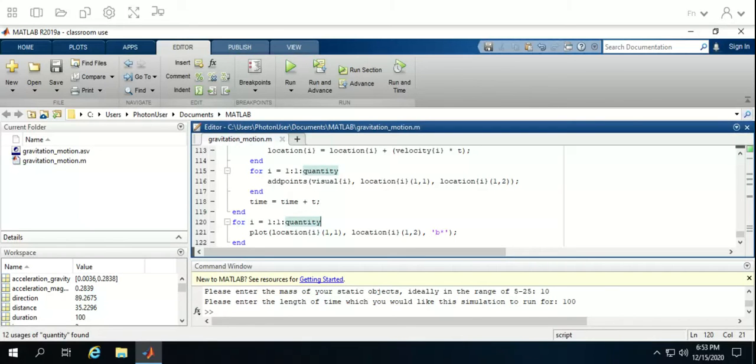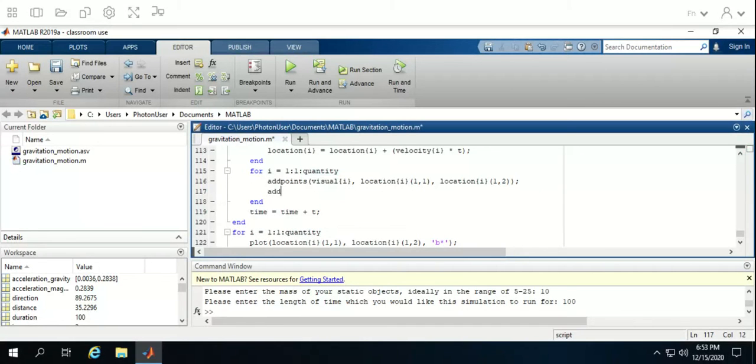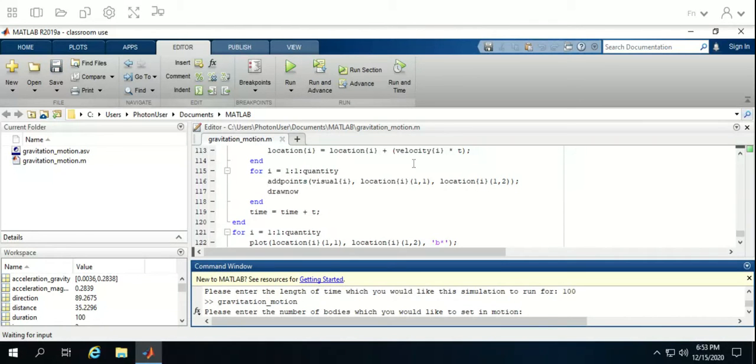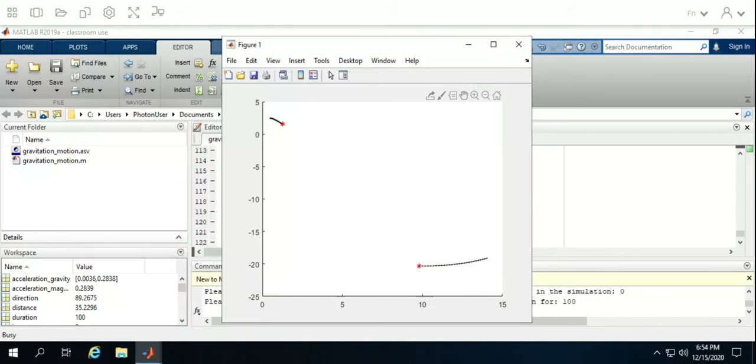Last thing I'll add is that I didn't include this in the code because for certain combinations of moving and static objects it can be a bit of an issue. But if you wanted to, you can go to this line right here, line 116 in the code, enter a new line, and just type draw now. Sorry, draw now. And if you do that, let's see what happens. So if I run it again, I do 2 bodies for 0 static objects, 100 seconds. And what will happen is that it will actually draw the points as it goes. And so you can kind of get an actual visual motion to your pieces. So run it, you actually can see them moving in semi-real time,